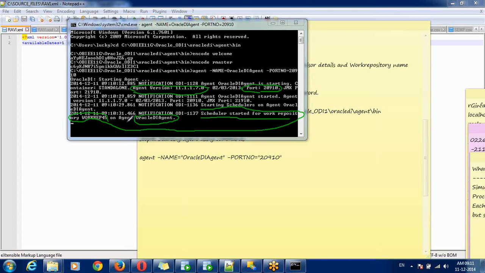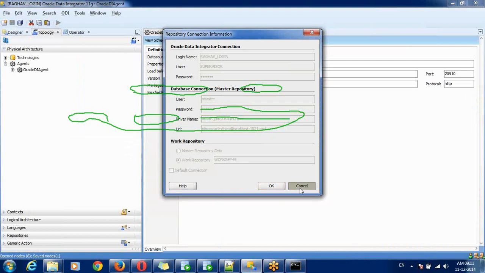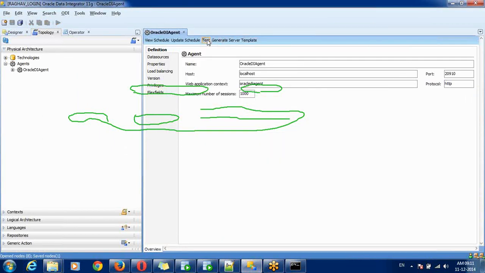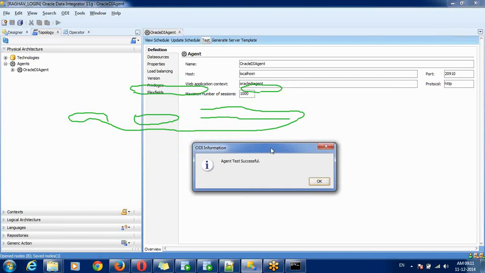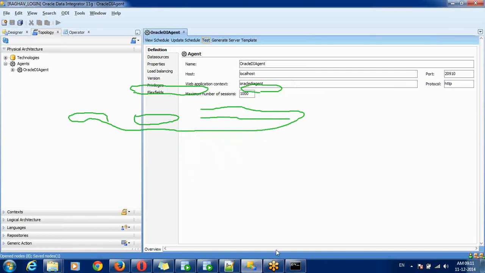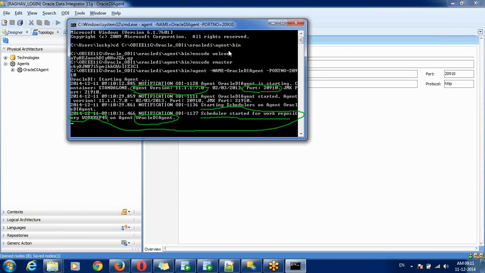Go to your topology, the agent, and click on test agent. Now it is saying successful. Let us also start the agent using this command, start agent.